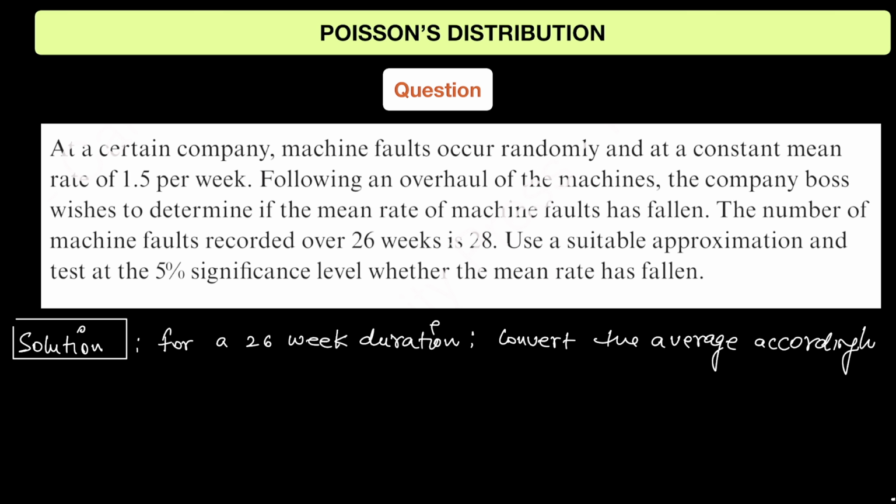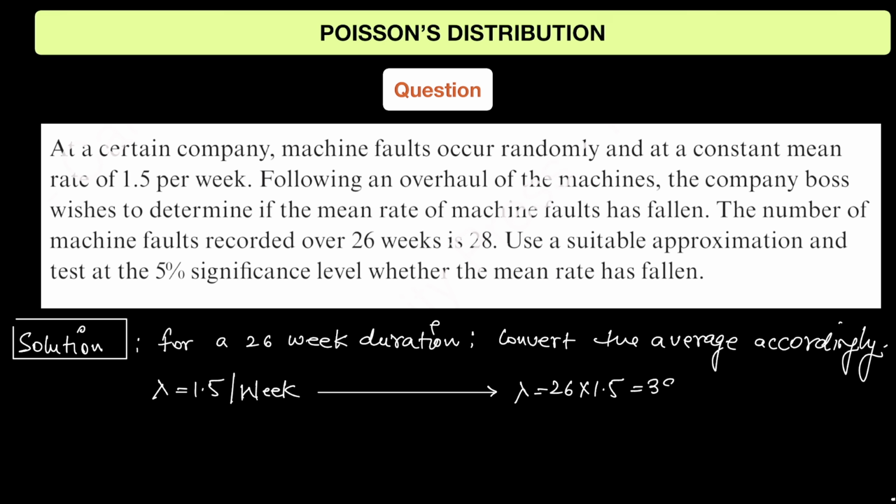We understood how we need to do all these things in our video number 1. So your average rate is given as 1.5 per week. Okay. And now since we are talking about a 26 week duration, your new lambda is going to be 26 times 1.5,